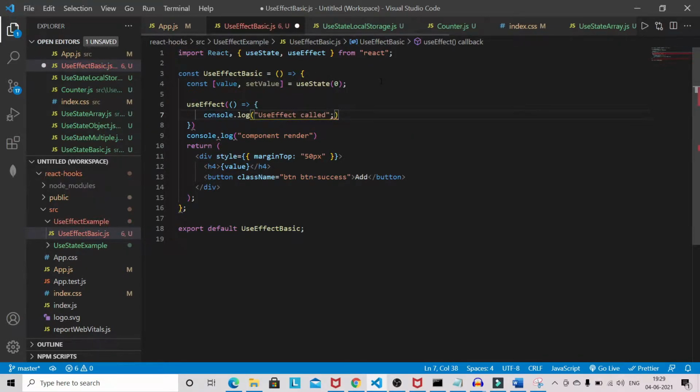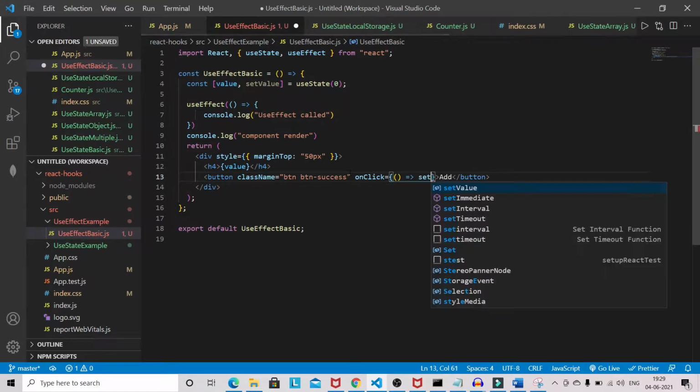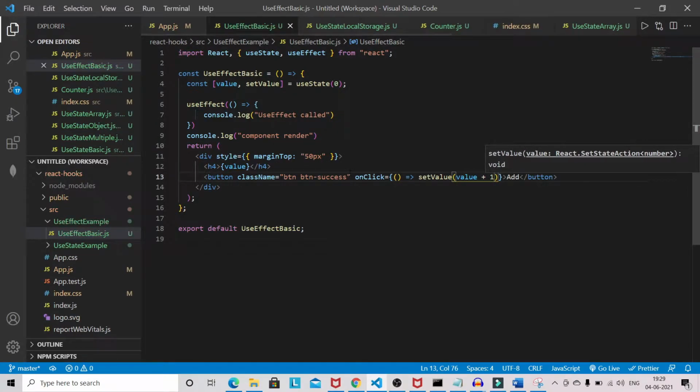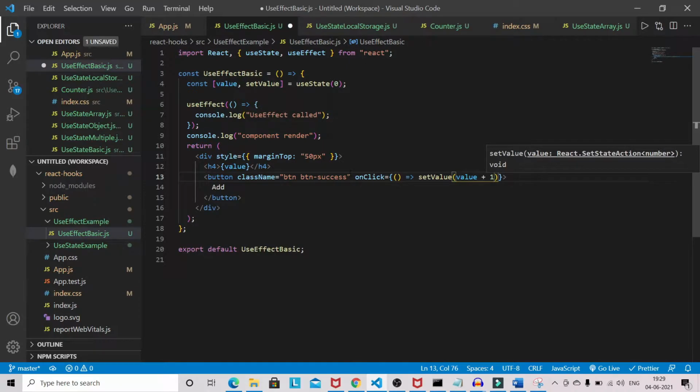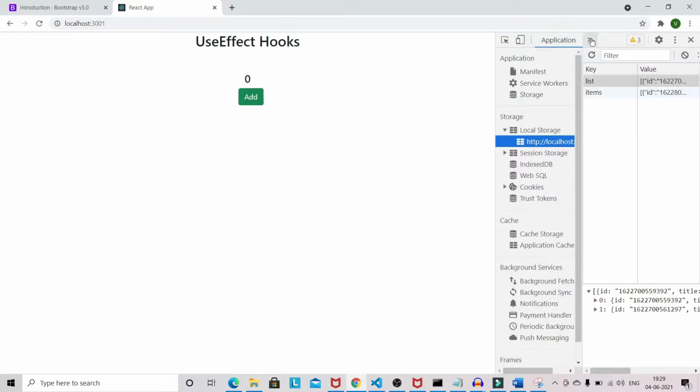And on button click, I will write the onClick, which will basically increase the value by 1. So let's go to the browser and open the console.